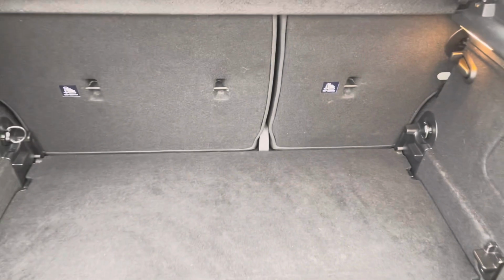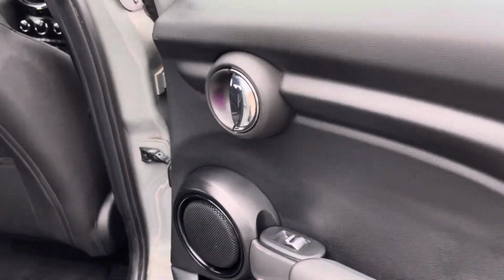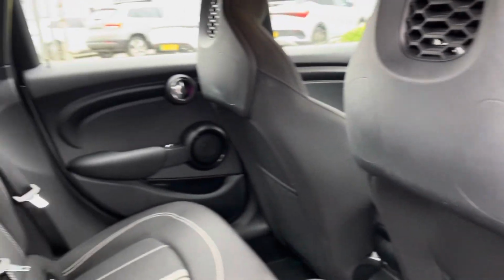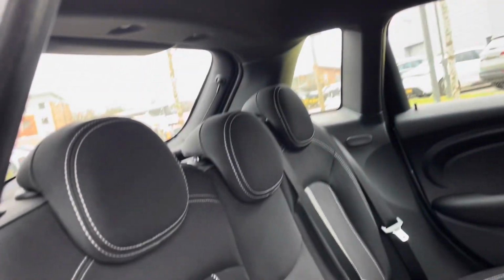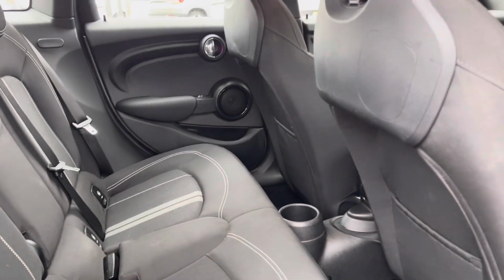The practical boot offers plenty of space for all your daily needs or perhaps a weekly shop, while the split folding rear seats in a 60/40 configuration provide additional flexibility. Inside, the rear passengers benefit from comfortable seating with ISOFIX child seat anchor points, while the Comfort Pack enhances overall convenience